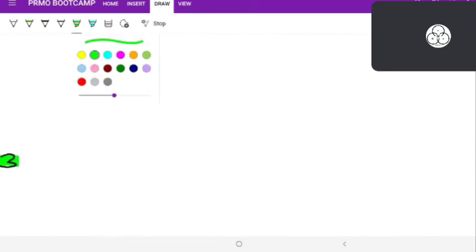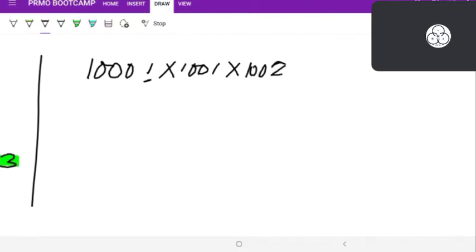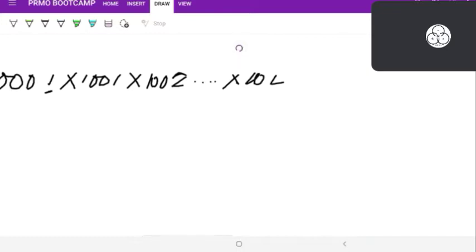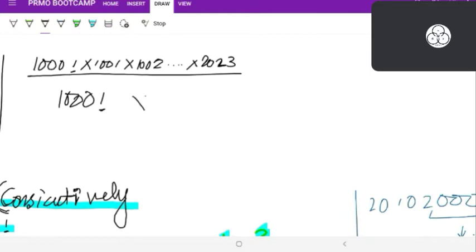Easier than what we did in 30. Just solve it. I'll just give you a hint. 1001. So if I am writing here 1000 factorial into 1001 into 1002, and so on, up to 2023, divided by 1000 factorial, into 13 to the power k. So this will be simply